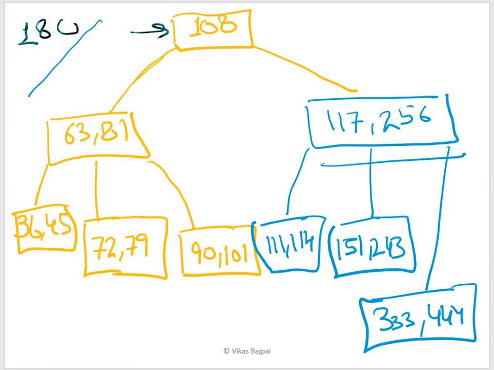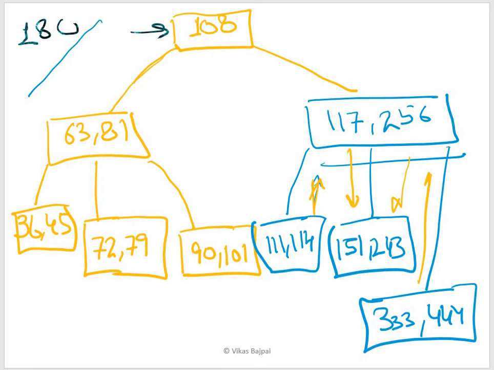So if the left sibling has more than the minimum number of values, I push the largest value up, and I'll pull down this value from the parent node. Or else, if I have to do this exchange with the right sibling, I'll pull up the minimum value from the right sibling and pull down the largest value or the intervening value of the parent, right? Or maybe the largest value in the upper node, and if suppose it is the middle, then it can be the intervening one. So I hope you might have got some idea about it.